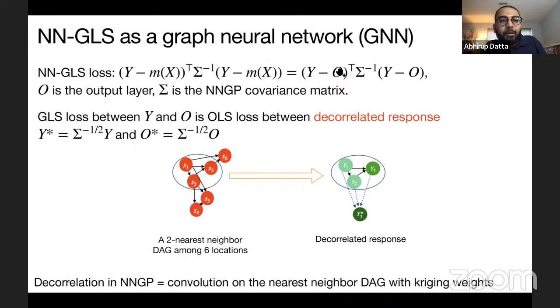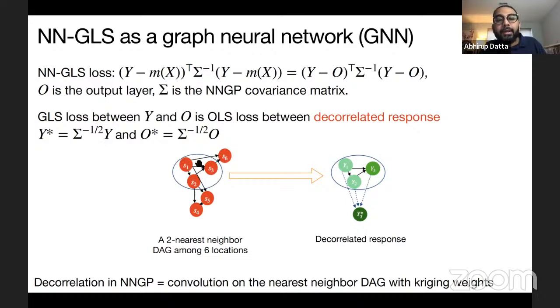So why is this important in our context? If we use this NNGP covariance matrix in our GLS neural network loss function, a GLS loss between Y and O with a covariance matrix sigma inverse is equivalent to an OLS loss between Y star and O star, where Y star is the Cholesky factor of sigma inverse times Y, and O star is the Cholesky factor of sigma inverse times O. This is just straightforward linear algebra, but what it means is that this decorrelated response Y star will only involve information from the same node and its neighbors.